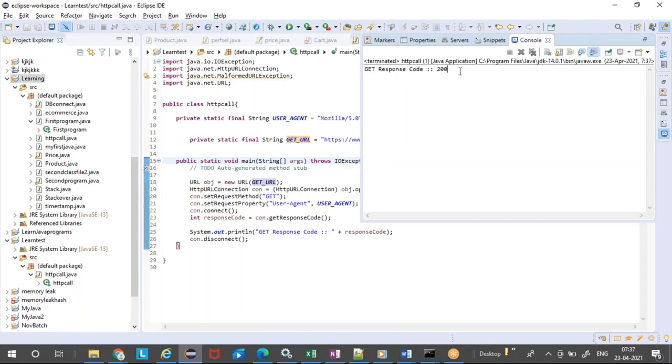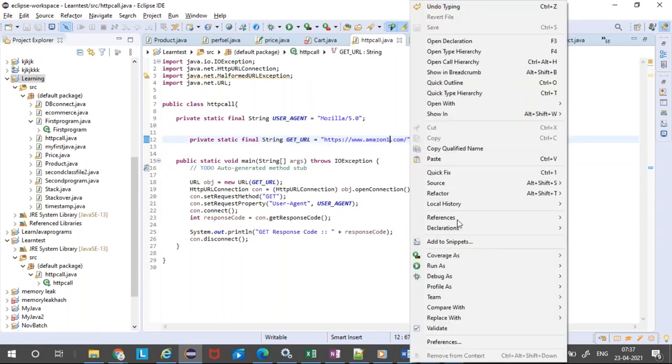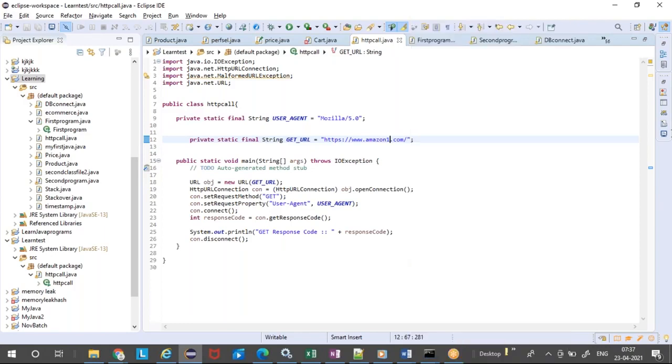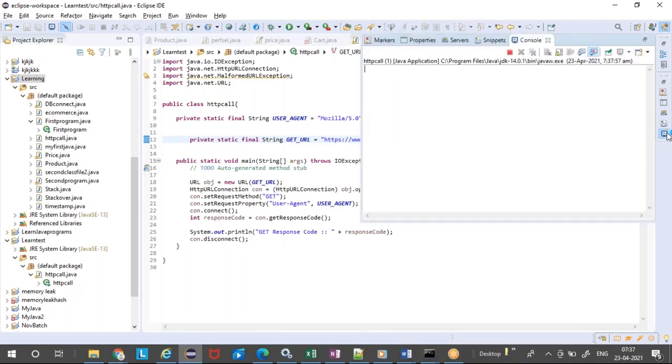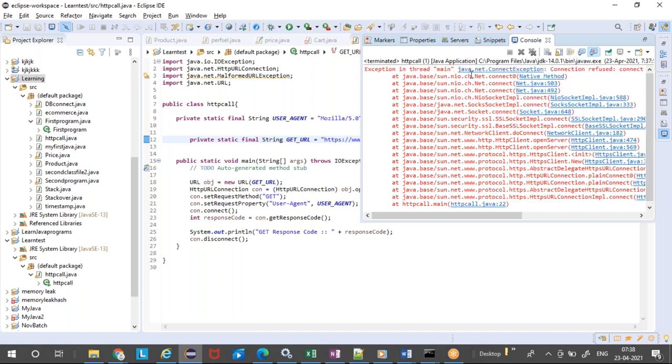Okay, it says a response code of 200. So I'm printing the response code. Say I'm just going to change it to this, and then run this. It might throw some socket exception, or some kind of error saying it couldn't connect, because there is nothing called Amazon1.com. It will say java.net.ConnectException. In real time also, when we are going to test it as a black box, right?